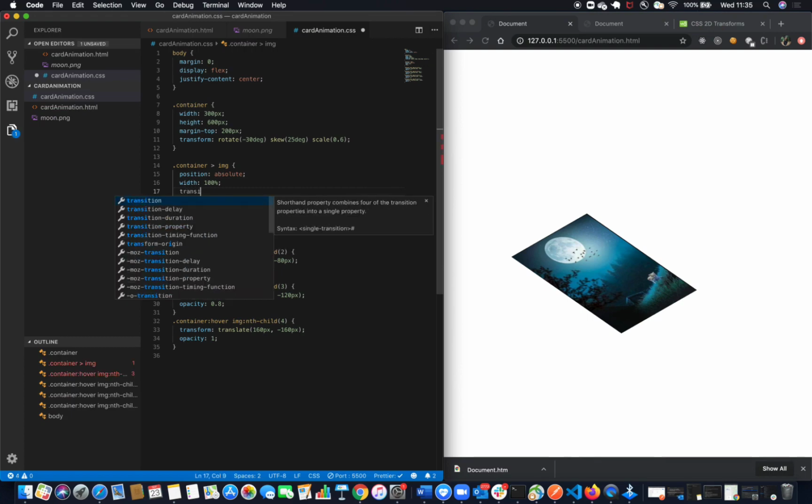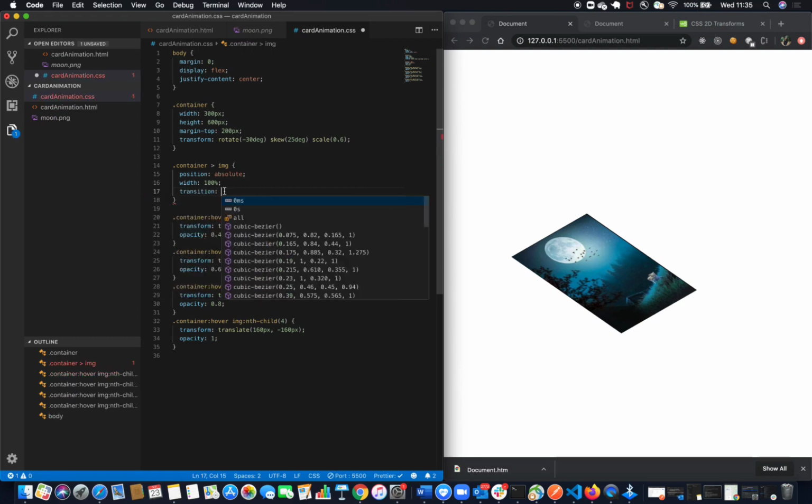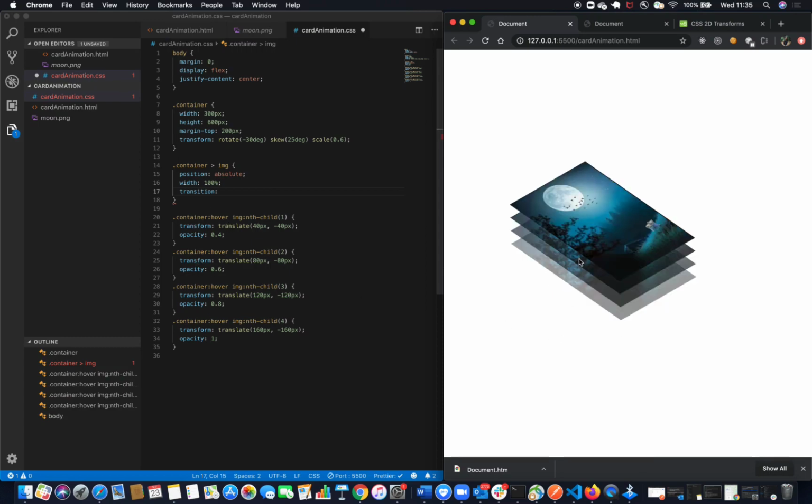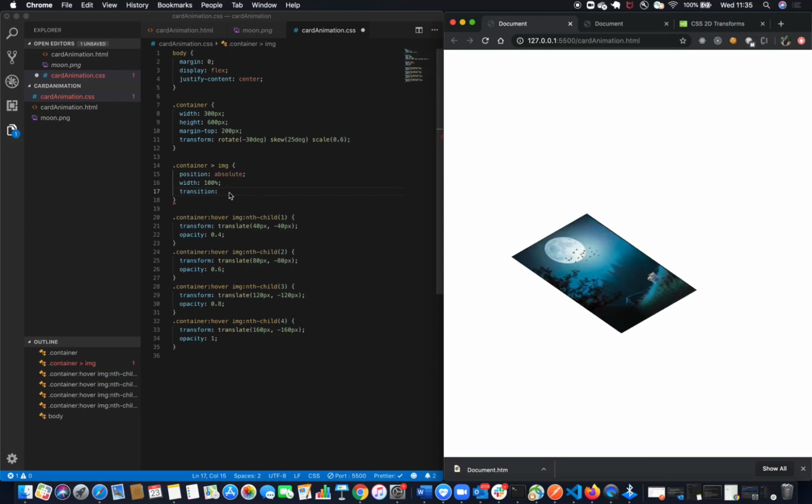What this transition expects is another CSS property on which you want to add the transition. In our case, with the help of transform on hover, we are making this effect. So we need to give a transition on the transform property. So it should be transform.